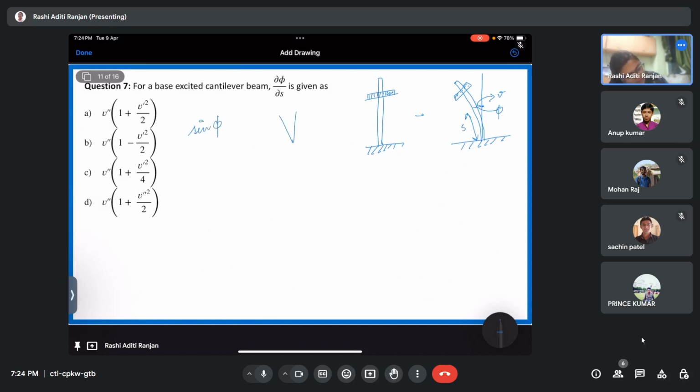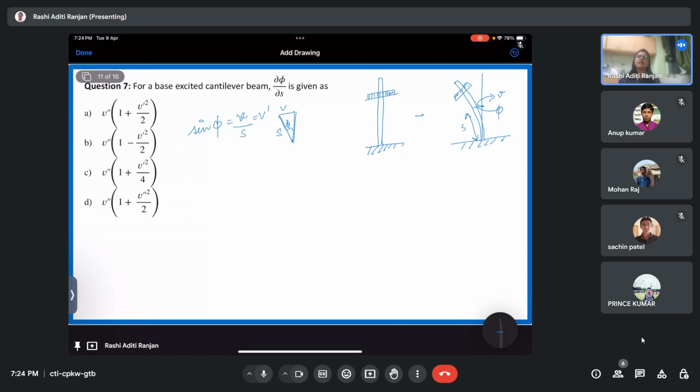If I assume a small deformation, then this s is going to be a straight line. This is my v and this is my phi. By the law of triangle, sine phi is equal to perpendicular by hypotenuse. My perpendicular is v, so I can write it as v by s,